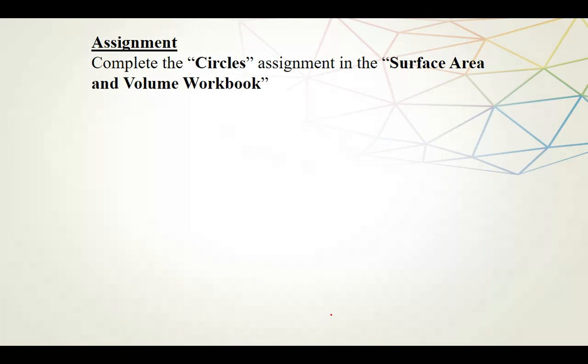That's it for this review lesson on circles. So you can complete the assignment called circles in the surface area and volume workbooklet. And then the next lesson, we're going to look at how to sketch different views of 3D objects. And I will talk to you